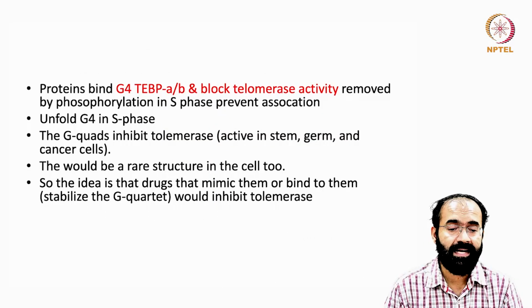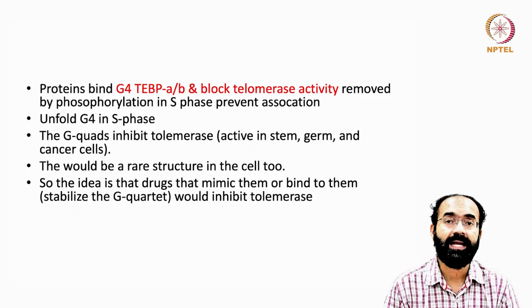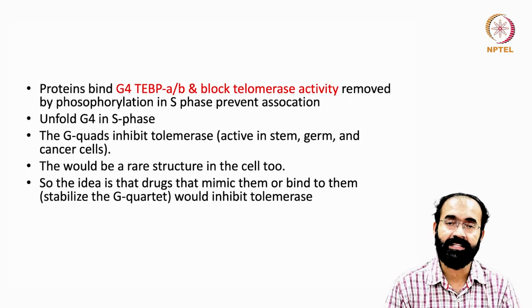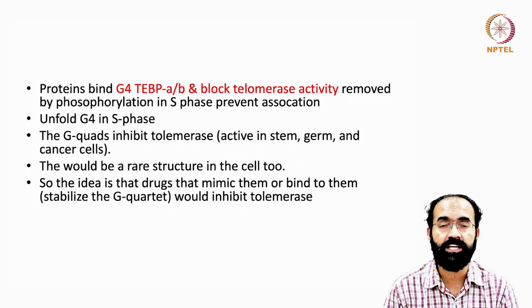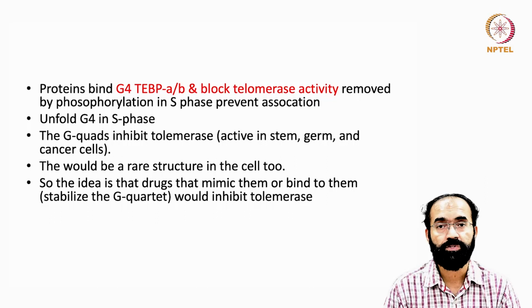So the proteins that bind G4, TEBP-A and TEBP-B, can block the telomerase activity. They are removed by phosphorylation in the S phase to prevent the association. So the proteins that are binding the G quadruplex, such as TEBP-AB, can block the telomerase activity. That means telomere structure, or the proteins associated with the telomeric cap, also contribute to reduce or prevent